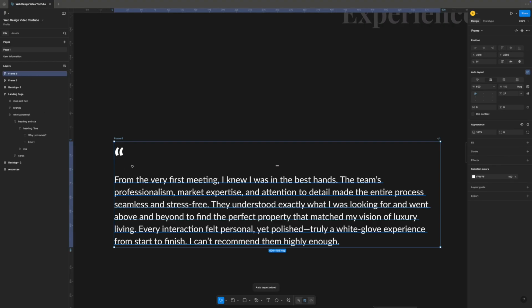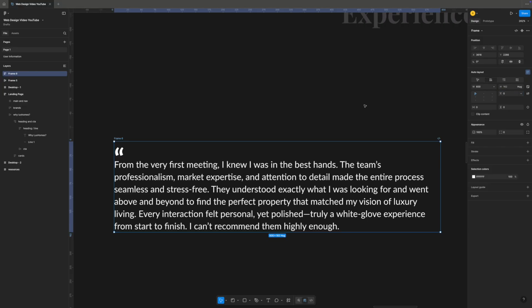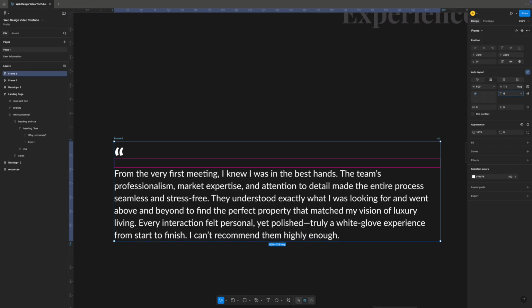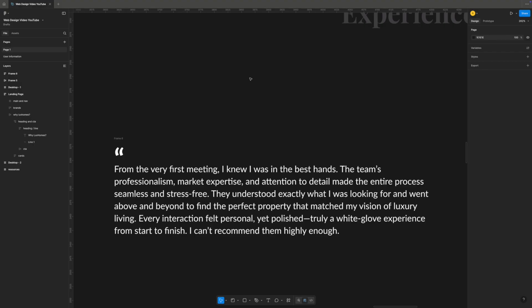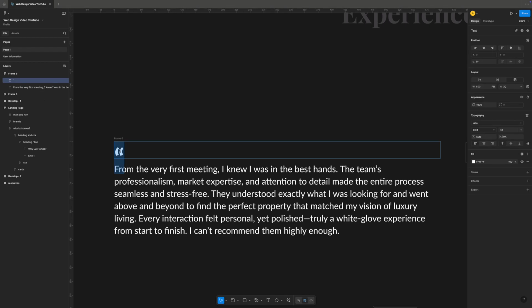I press Shift over those two texts and select both, and then hold Shift A to make an auto layout frame. Now I'm adjusting the space in between,